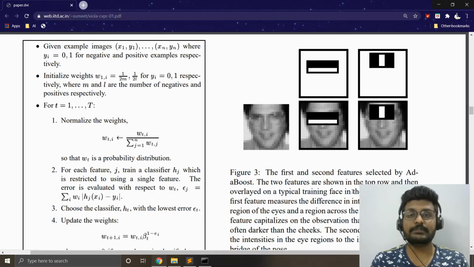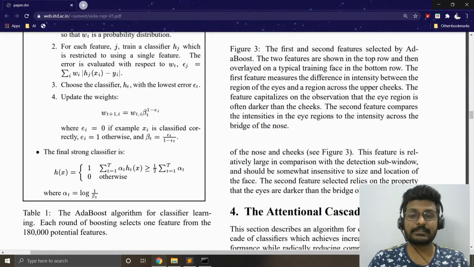So obviously we are going to fine tune the filters which has a very, very low error rate. In this paper they have also mentioned that they have reduced the number of features from 160,000 to just 6,000 features. They say with just 6,000 features I could create a very perfect face detection or even any kind of object detection technique. That's the claim which the authors made.